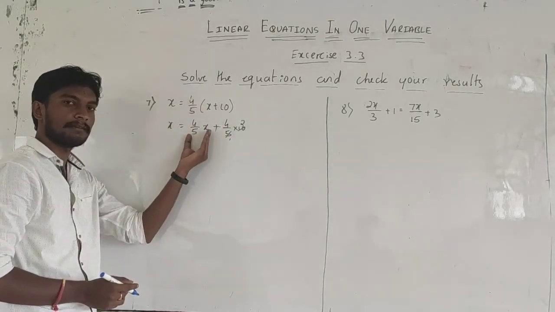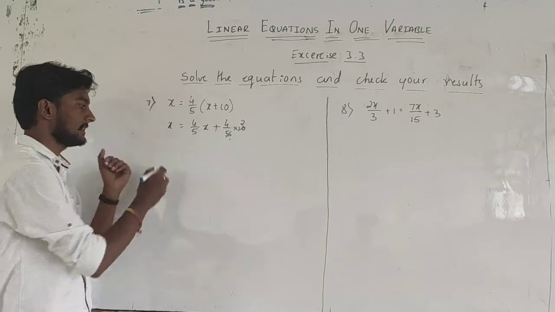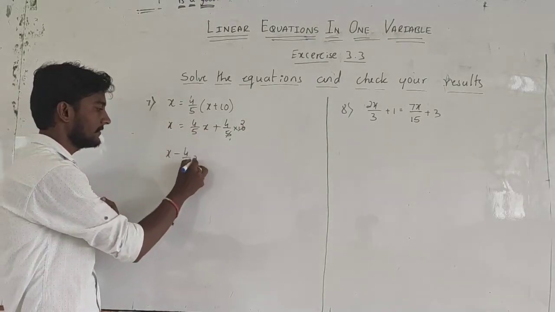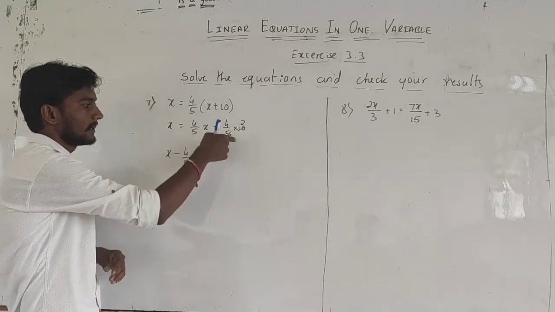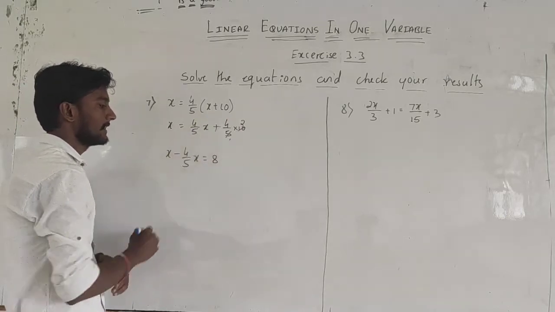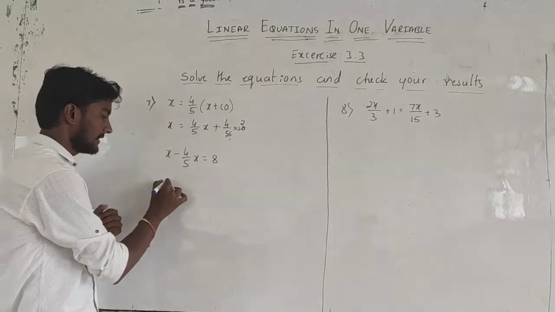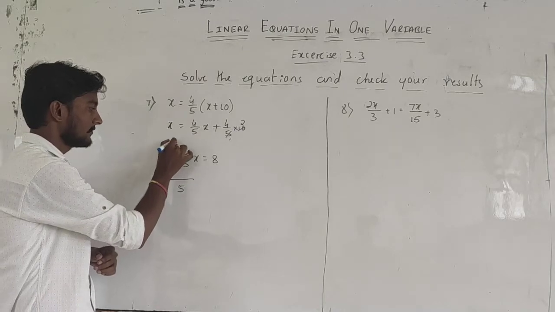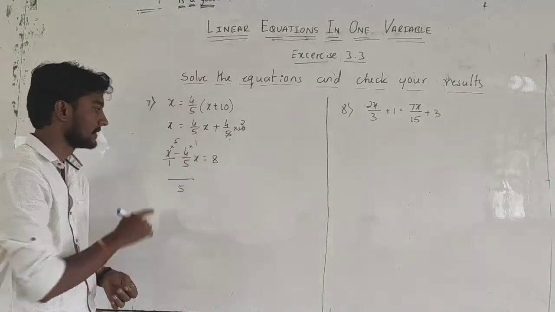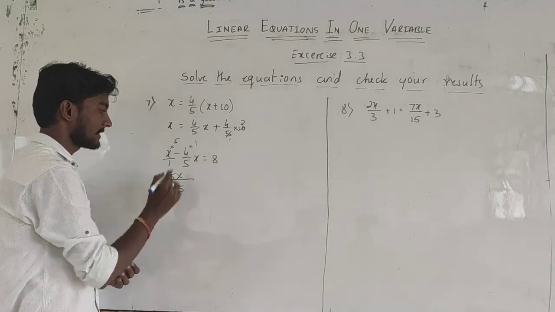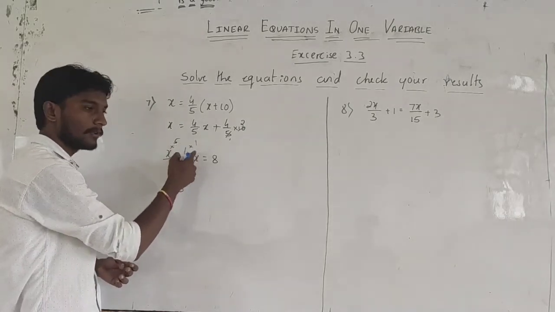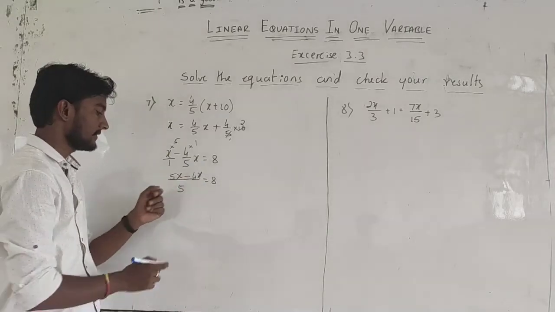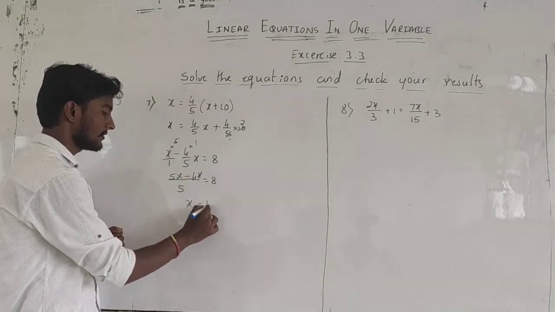Bring this x variable this side. If you bring all this side, x, this plus 4 by 5x, if you take this side, minus 4 divided by 5 x is equal to, after cancelling 4 into 2, you will get 8. Here, the LCM is 5. If there is no number, it means 1 here, 1 into 5, 5 into 1. 5 into x is 5x minus 4 into 1, 4 into x is 4x is equal to 8. In 5x, if you subtract 4x, you will get x is equal to 8.